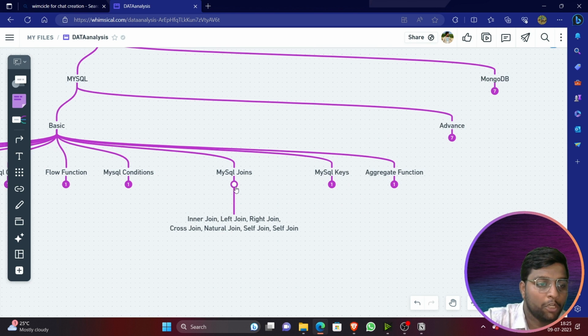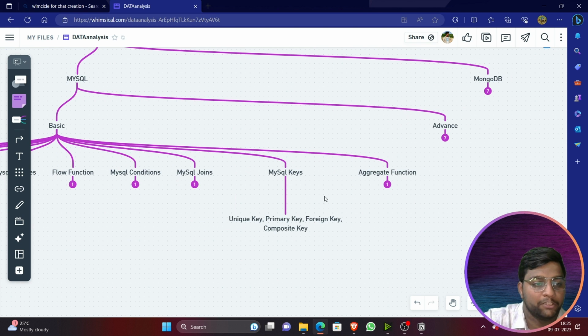When it comes to joins, after joins you should see MySQL keys, like unique keys, what are primary keys, what are foreign keys, and what are composite keys, everything. From after joins, everything is important. You have to make a note of that, and you have to read it from the interview point of view, not normally, like how you normally read about them and just make 2-3 lines. Don't do that. From here, write clearly in detail each and every word, which will be very helpful for you in the interview. Don't miss them.